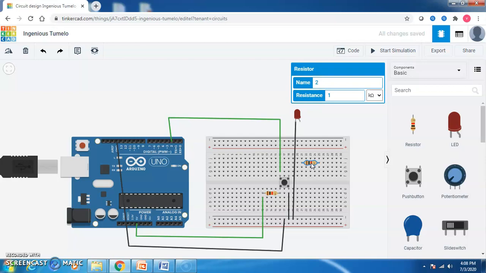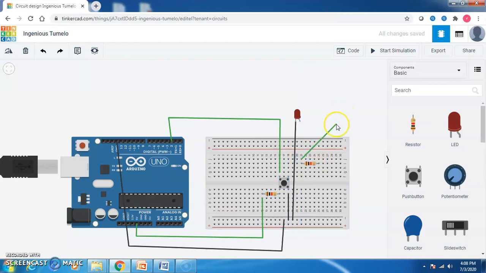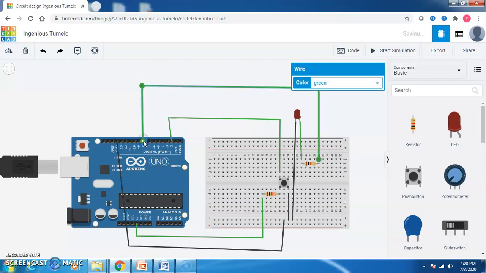You can see the rotate button here. You place it over here, and one end of the resistor is connected to the anode leg of the LED, and the other end of the resistor is connected to any one of the digital pins, which I have taken as the 8th pin in your Arduino board. Completed with my connection. So the LED's two legs I have connected.